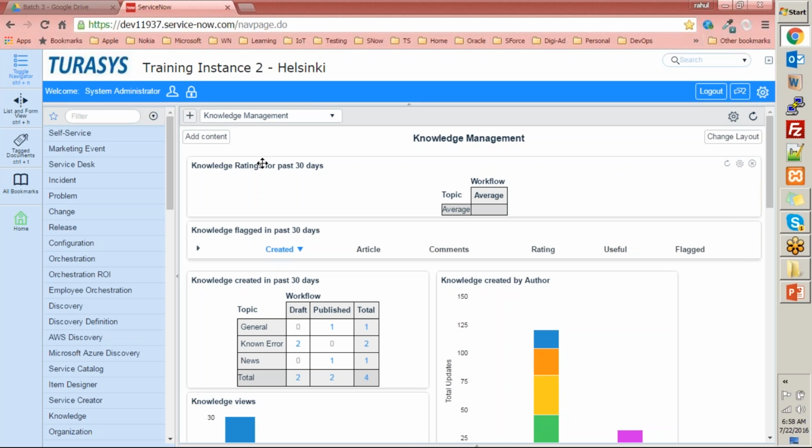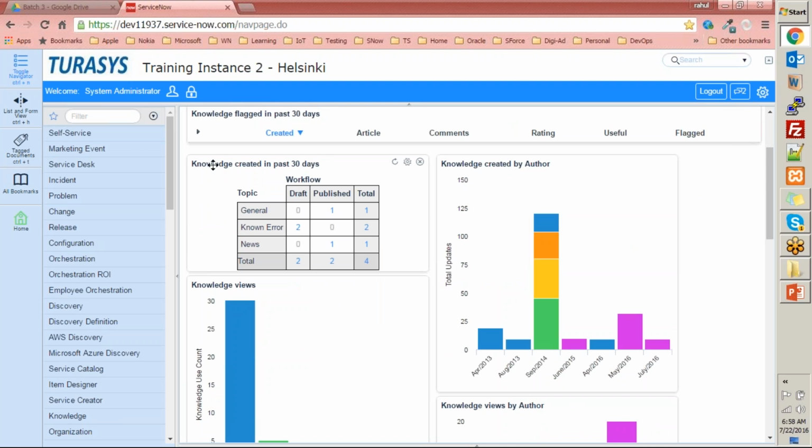Again, this is a report. This has been created as a report in the reporting section in ServiceNow and you have brought that report here on this page, right? Similarly, you have this knowledge created in past 30 days. So here we see that in the past 30 days, a total of 4 knowledge articles were created, out of which one was in general category, the other one was known error, and the third one was news, right? And two of them are still in draft stage, which are known error. So draft stage,